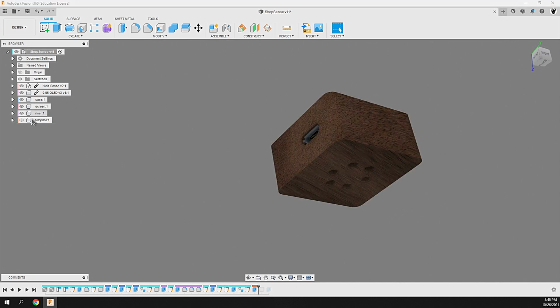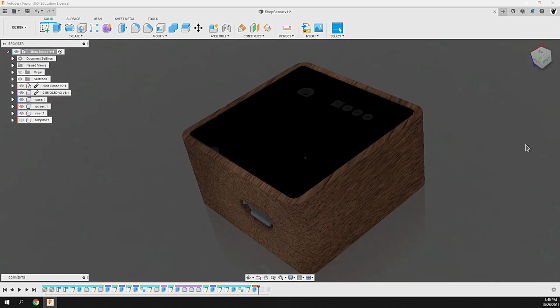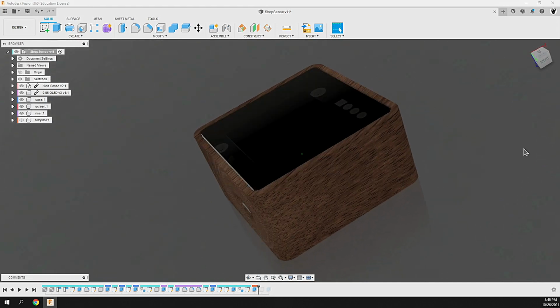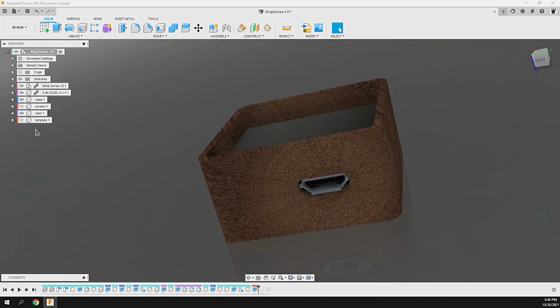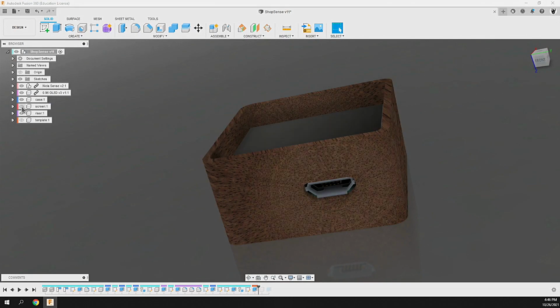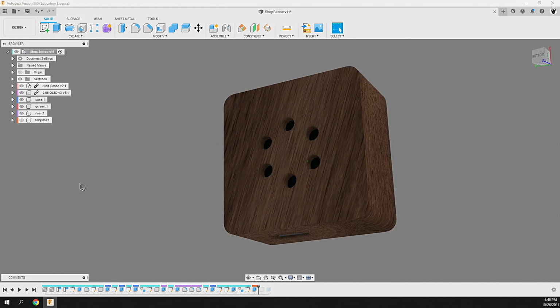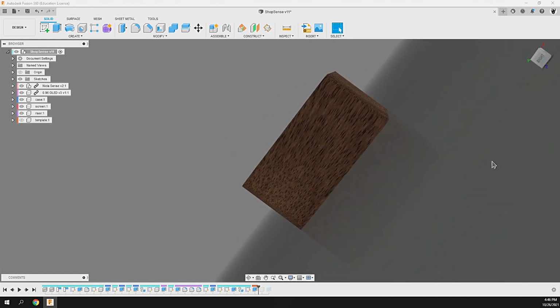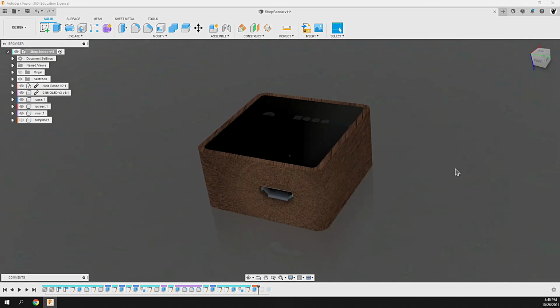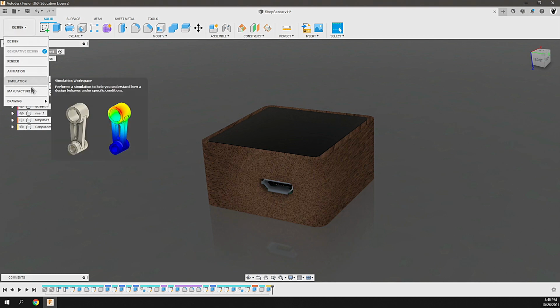Alright, with that, let's bring the case back alive, and we'll see that we have that nice blacked out interface that I love so much. We can hide the screen. You can see the OLED in there. All of the remaining space is filled by the 3mm plexi, as well as some air holes for breathing on the bottom. Now, the next step was to mill this from wood, and to do that, had to step over